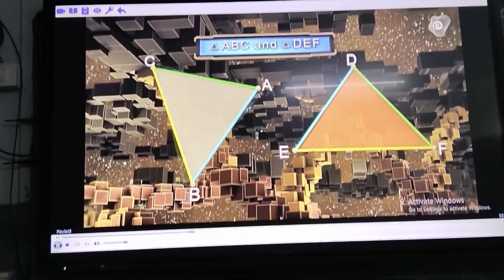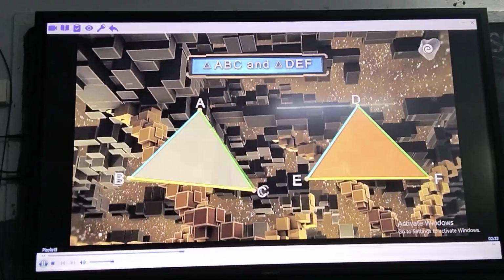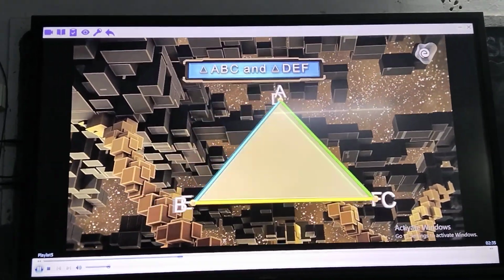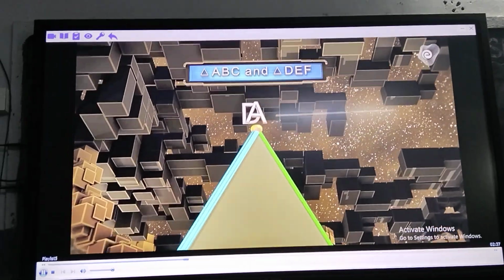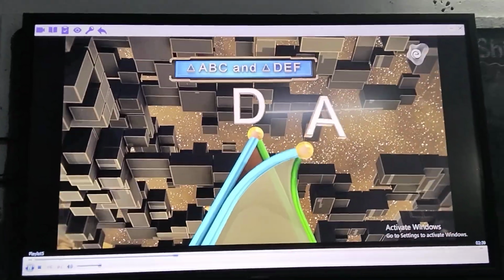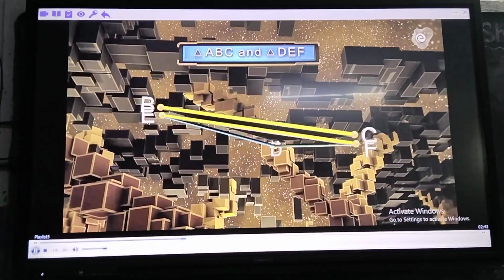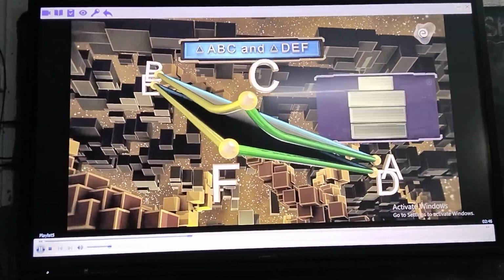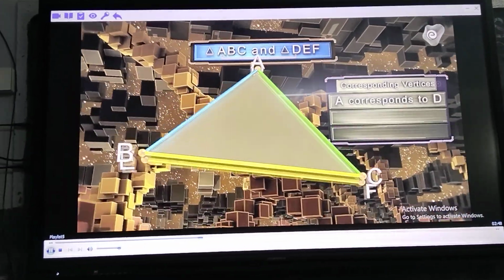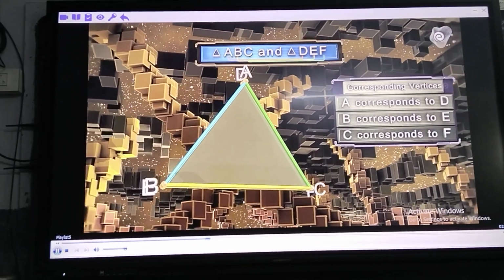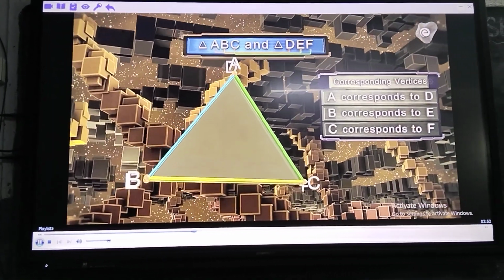Next, rotate them and flip them over. We can see that they exactly cover each other when vertex A falls on vertex D, B on E, and C on F. That is, A corresponds to D, B to E, and C to F, which is written as